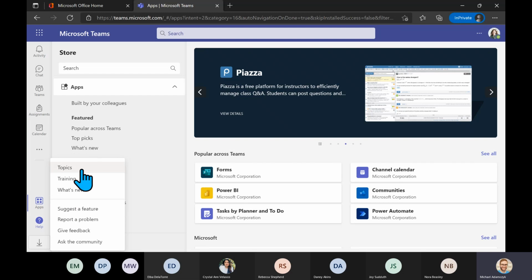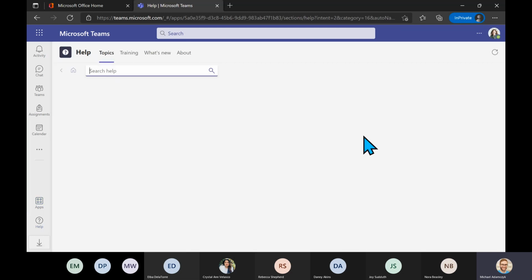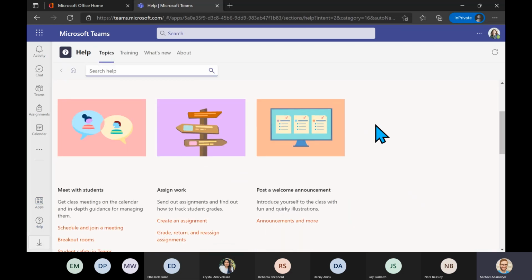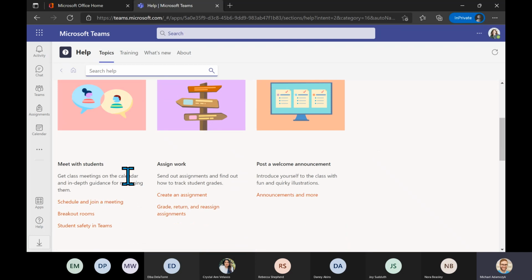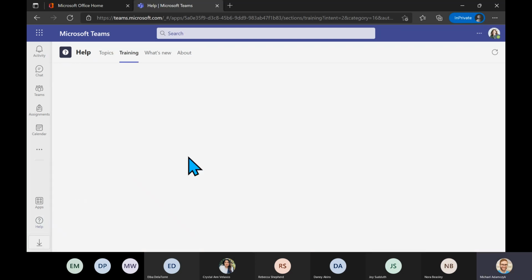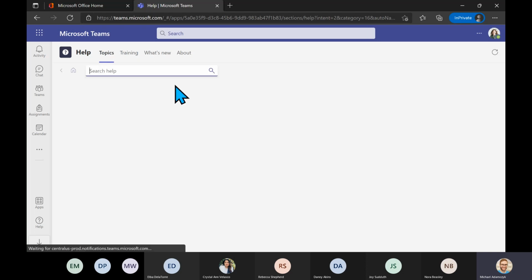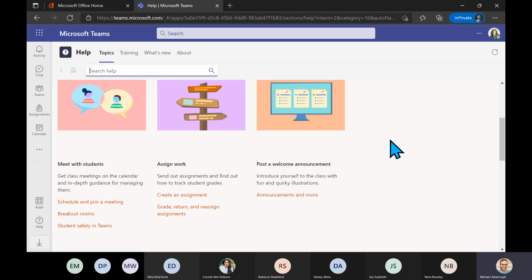So for example, if I go over to topics here, we're going to see generally a list of different articles that we can use to learn how Teams works, right? Training is going to showcase, I believe, mostly videos here that we can use to learn more about Teams, right? Looks like it's not populating in my demo environment here, but we do have a lot of really great resources